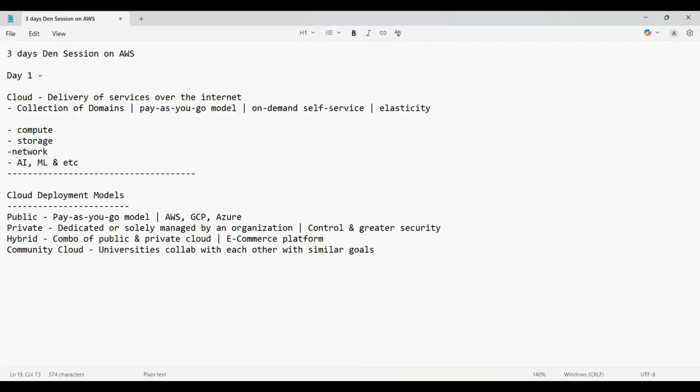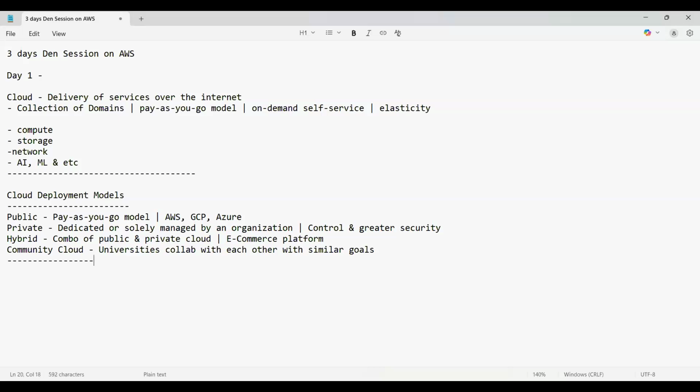So it is not public. It is more secure than public, but more cost effective than private, because it is only for two to three organizations or communities that collaborate with each other, or research centers. As I said, in order to make medicine, they collaborate and communicate with each other. Or NGOs with similar goals will collaborate too. They will have their own cloud, the community cloud, to communicate only between themselves. In that case, it is more secure than public and more cost effective than private cloud.